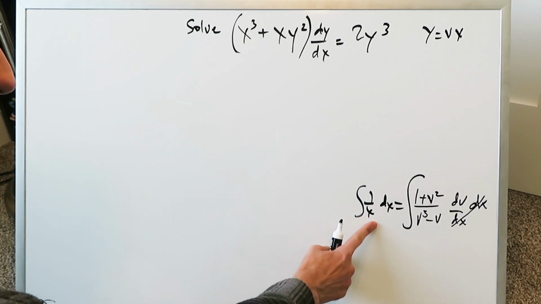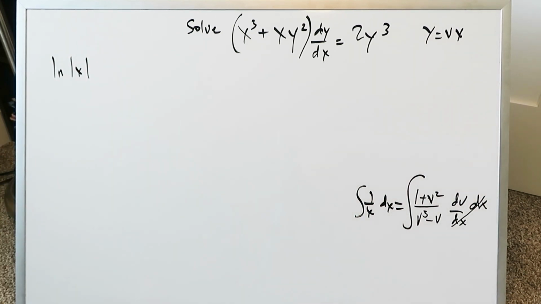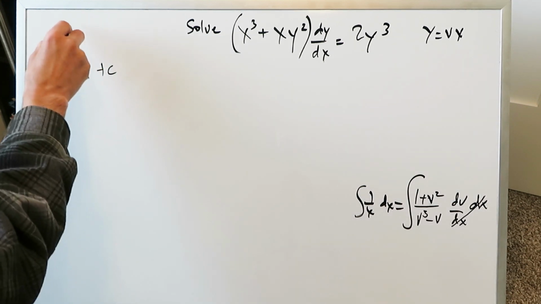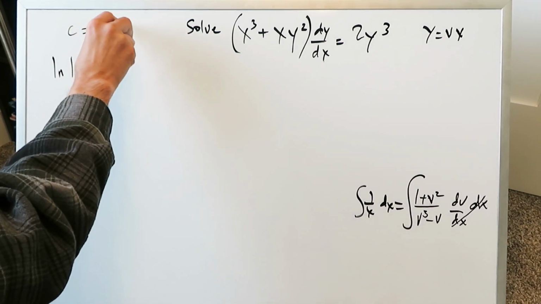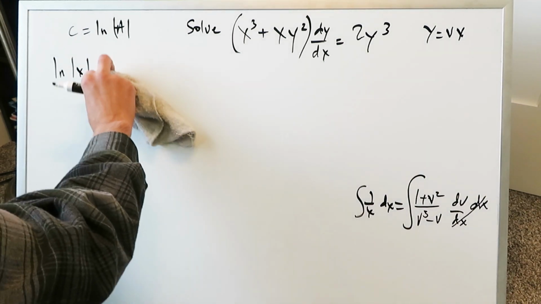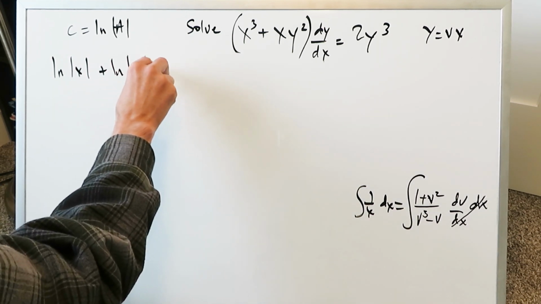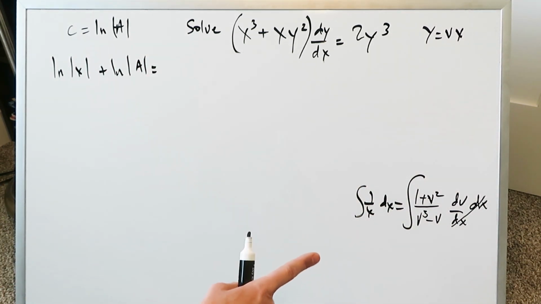This part right here is easy. I'm going to bring everything over here. I'm going to bring the natural log x out of that. Integral of 1 over x is natural log x plus c. But if I do a substitution, c is equal to natural log a, I can write everything here in terms of a natural log because at the end it will come in handy. So I really have natural log x plus now natural log a is equal to the integral of that v